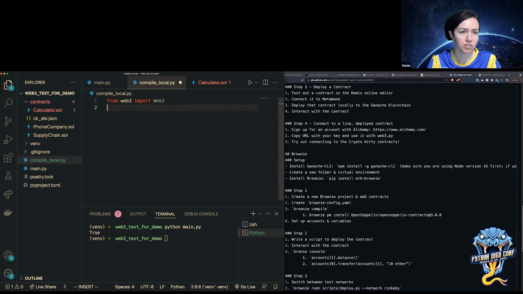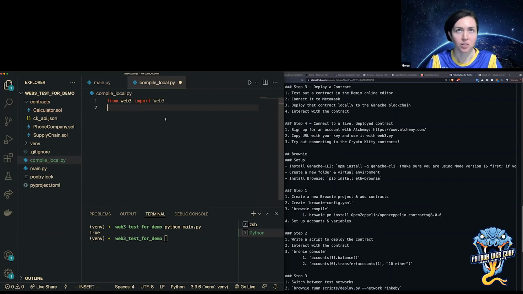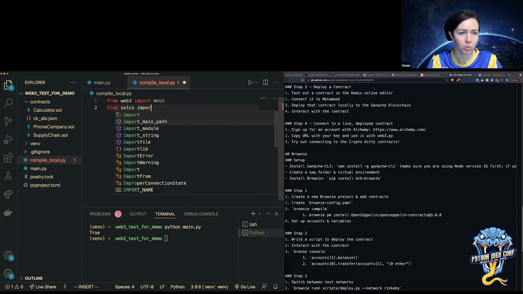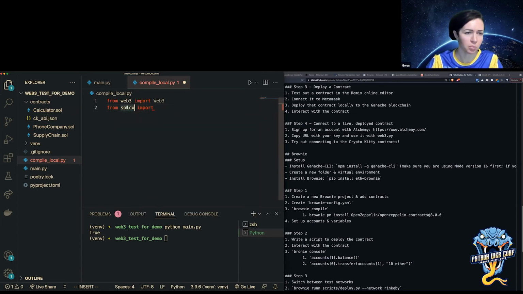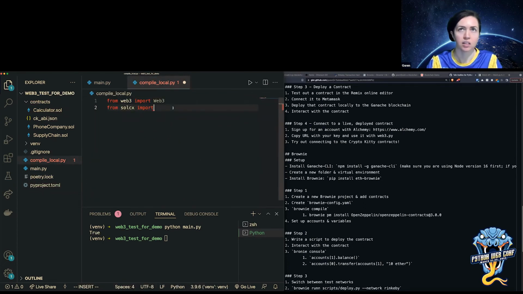Since I'm dealing with Solidity files, and by the way, for the Solidity plugin, you can get a Solidity extension, just the first, most popular one, that gives you autocomplete and highlighting and all those things. So from solc import, and this is the library that I installed earlier for compiling Solidity.